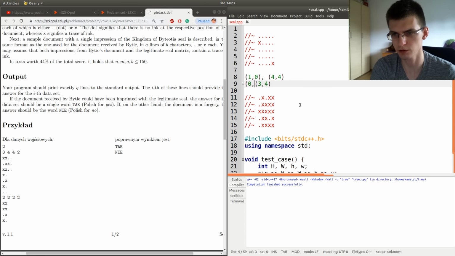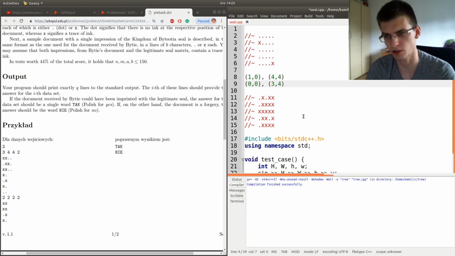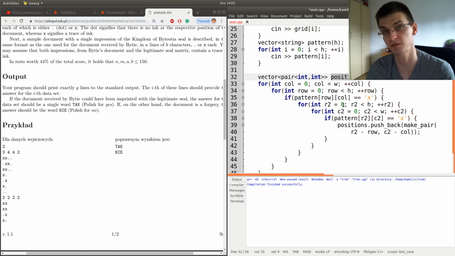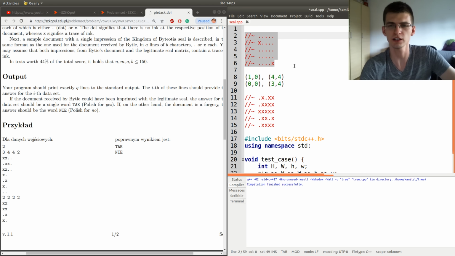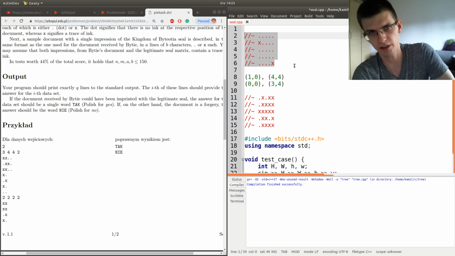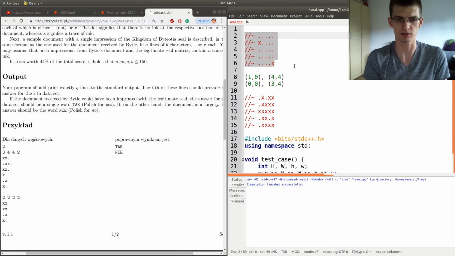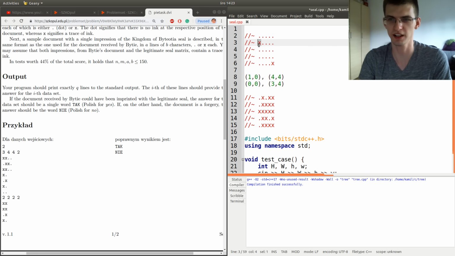So I would also put 0, 0 in this positions vector, and it's fine, because what I want to gather is positions of everything with respect to the leftmost x, to know what cells I should turn off. And this cell will also be turned off itself, so it's fine.